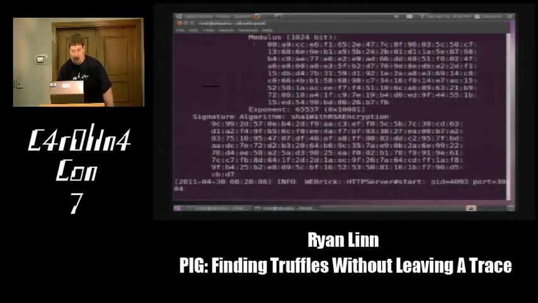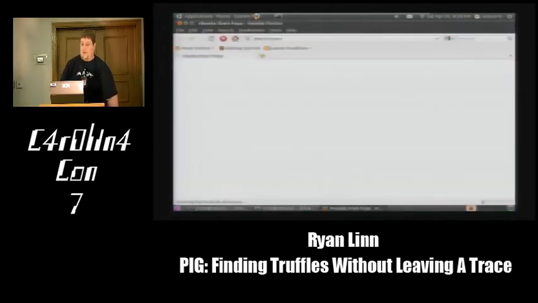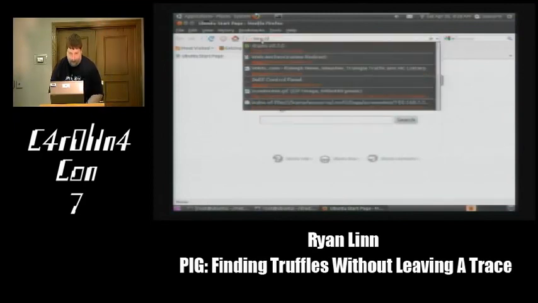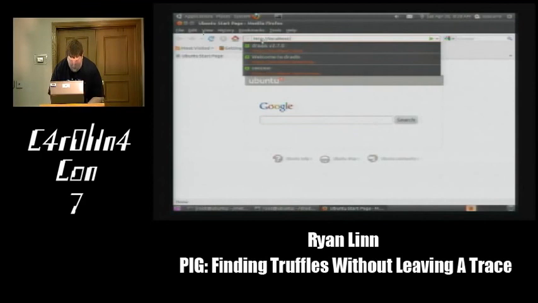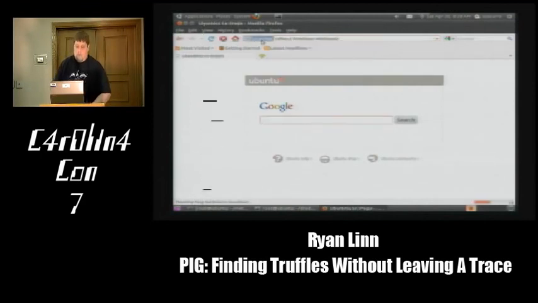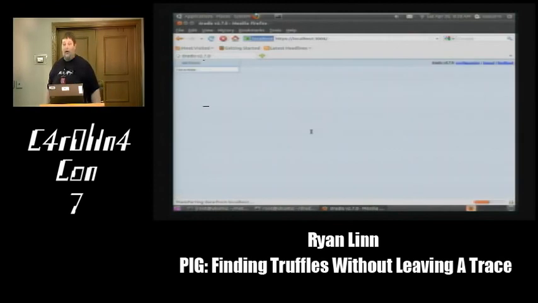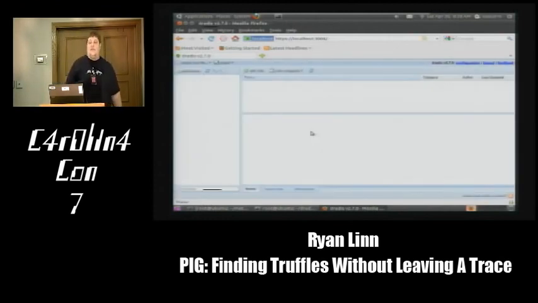And it goes ahead and sets up SSL for you. And so now we have our Dradis framework brought up.